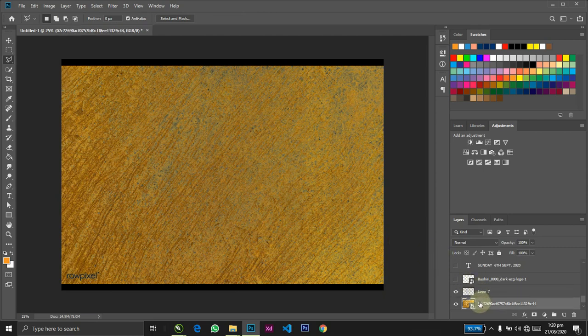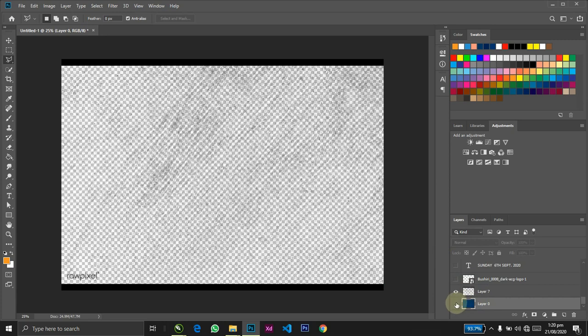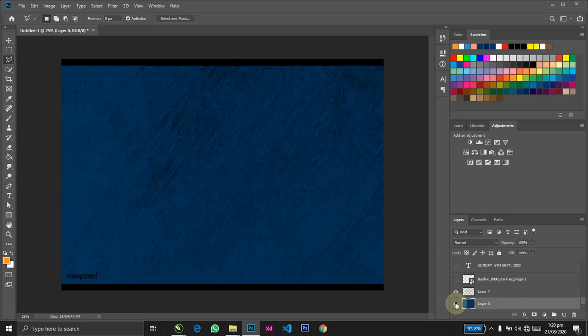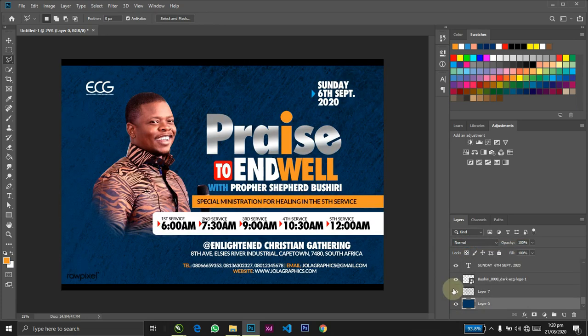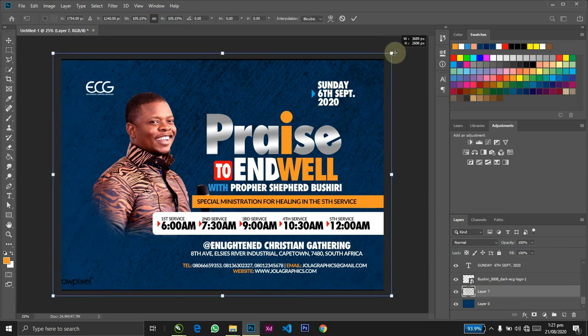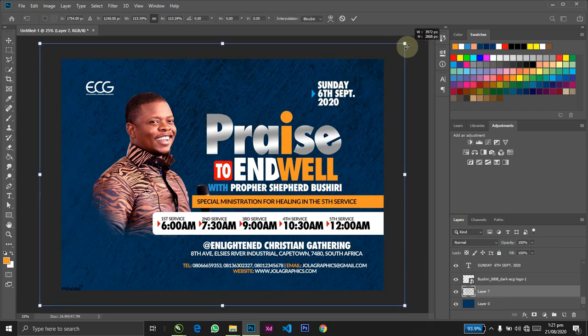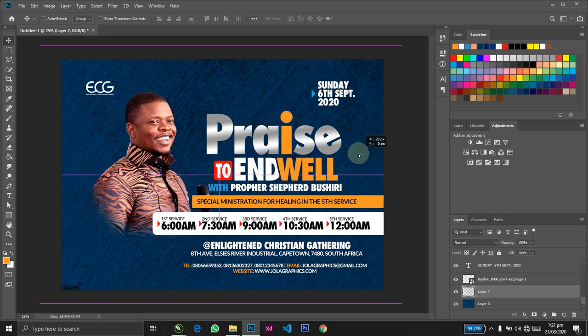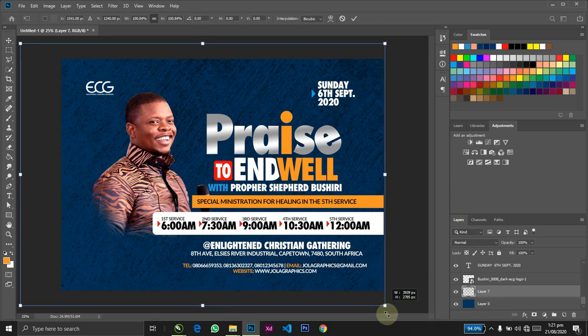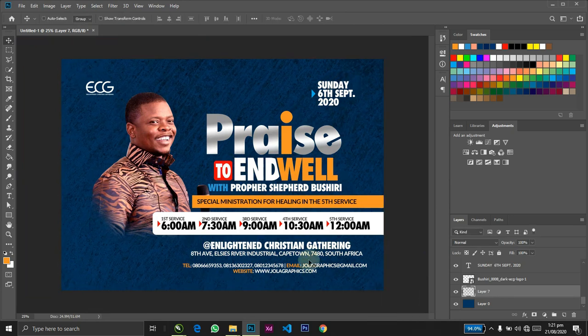So I'm just going to delete this one, and then hide every other layer, let me just right click, show that layer, something like this. Okay, I think you get what I'm trying to do now. So now I'll just increase this. There's a watermark down here, so I'll just use my move tool to move it like this, and increase the size also. So something like this. You might just want to reduce the opacity,